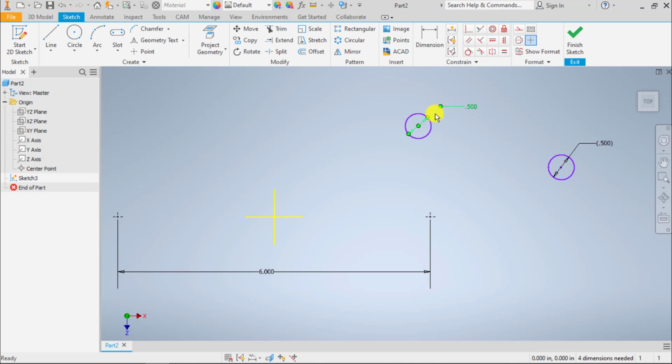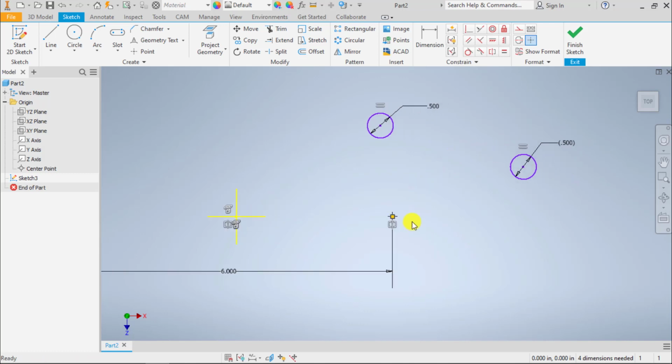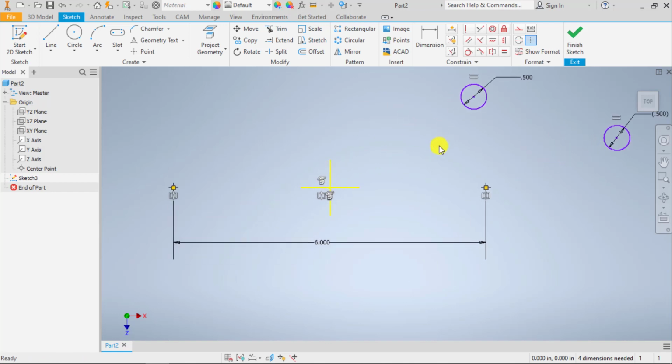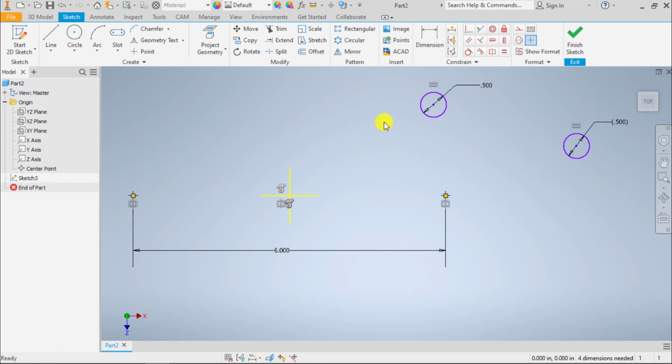So for example, if I'm working on a project, I go on vacation or I'm at a conference or out of the office for whatever reason, and a colleague looks up my part and says, oh, I can see now that this and this are tied to each other. We can also hit F8 to show our constraints, and then we start to see our symbols. What's nice is when I hover that symbol, it will show me the geometries that are related. So here, if I hover my symmetric symbol, I see my line of symmetry changes color and my 2 points get the little X on them there. So that's pretty nice. And then F9